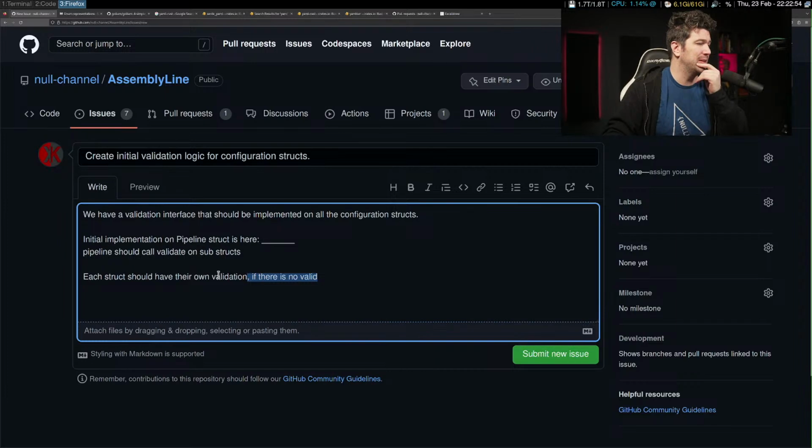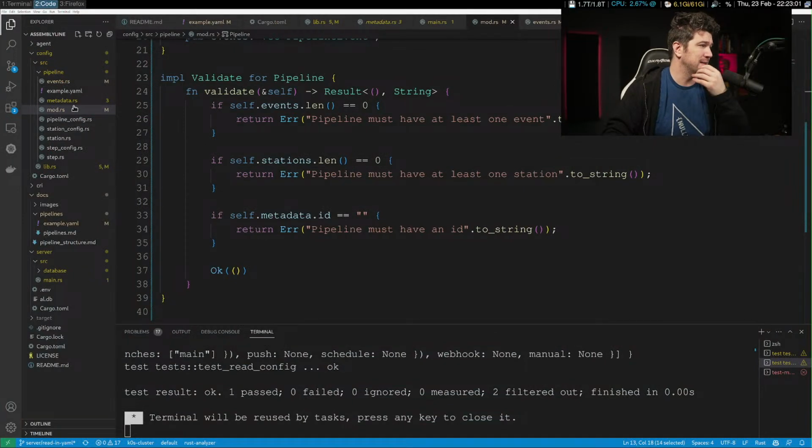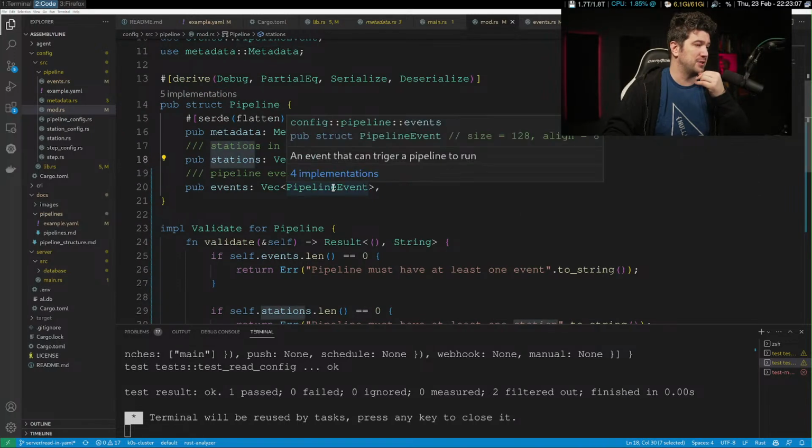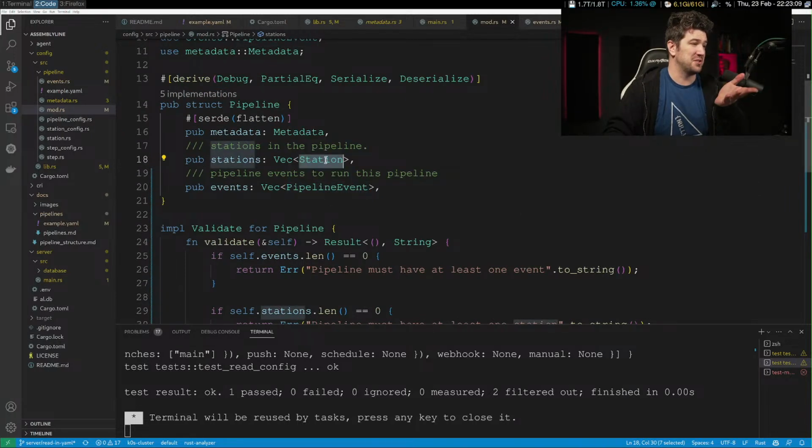Maybe what I'll do is I'll scope this down. For a first user, what I want is validate on pipeline events and station. Maybe just stations. Let's do that.